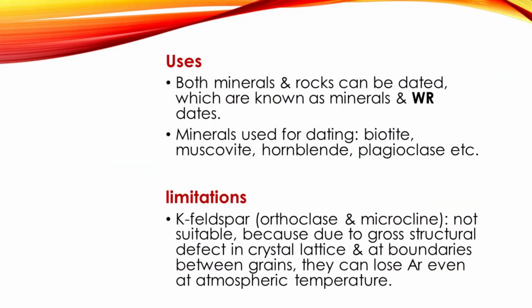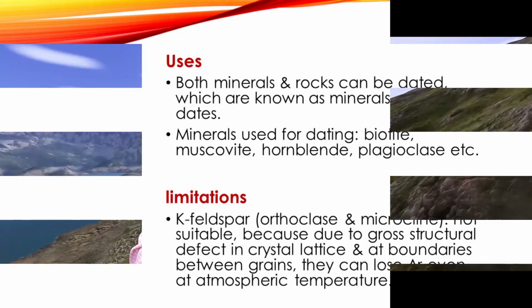The first one is that both minerals and rocks can be dated by this method, which are respectively known as mineral dates or whole rock dates. Minerals used for dating include mica, especially biotite and muscovite, and hornblende, and also plagioclase feldspar. There are also some limitations in using this technique. The potassium feldspars, especially orthoclase and microcline, are not very suitable for dating by this method because they can lose argon readily even at atmospheric temperature, due to the existence of gross structural defects in the crystal lattice and at boundaries